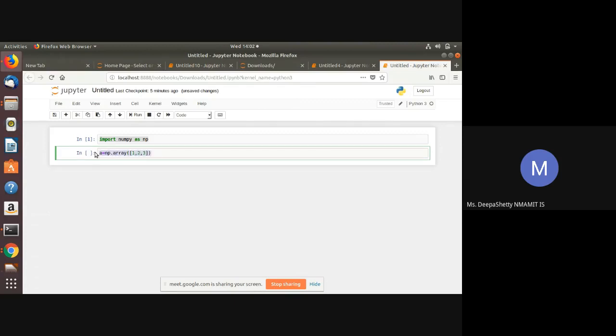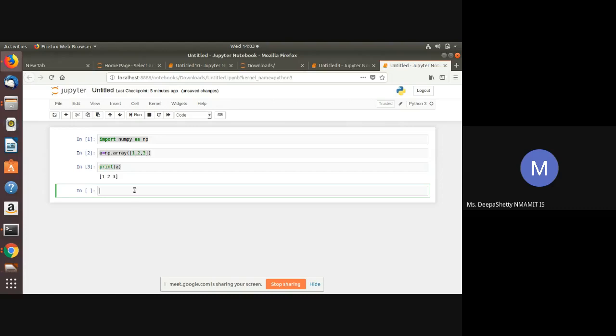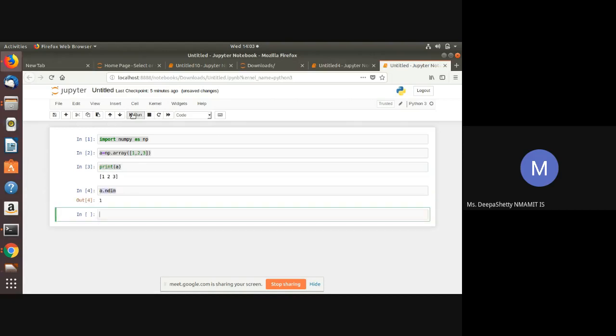Now, when we run this particular line and print the array A, all the elements of A should be listed. So, the elements of A are 1, 2, 3. Now, if we want to know the dimension of the array, the command used is a.ndim.